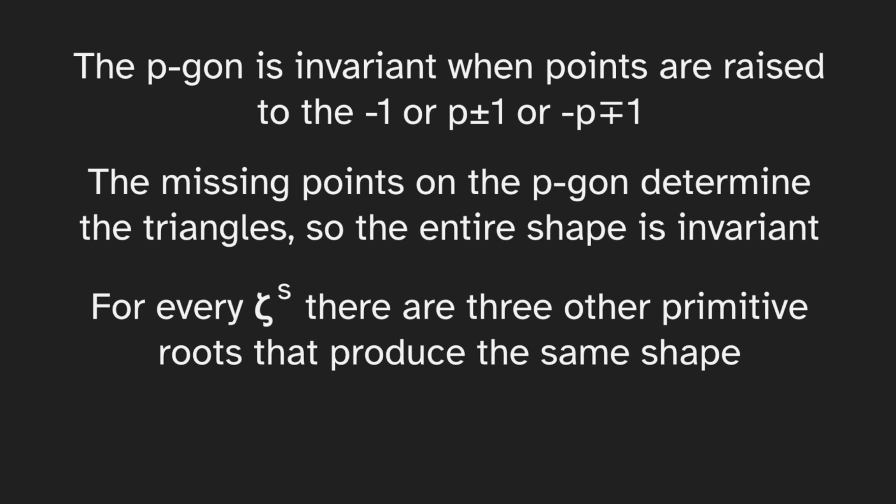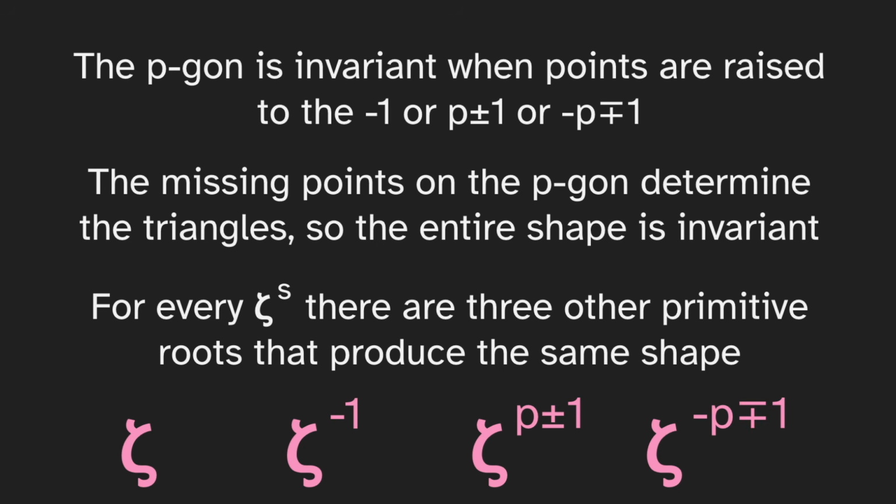And that means that for every zeta to the s, there are 3 other primitive roots that produce the same shape. And we get that by multiplying s by one of those values in the second line. So that tells us that each shape has 4 primitive roots that produce it. And that's why the U shape was always produced by these 4 roots. So we know that each shape has 4